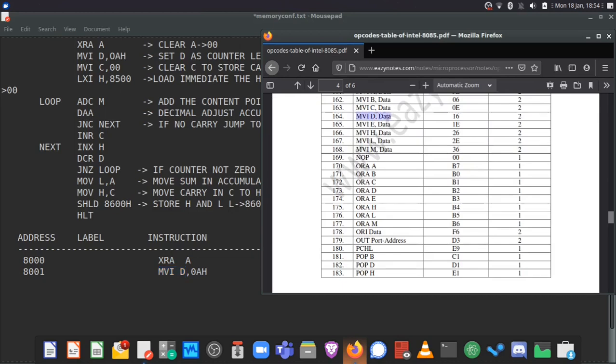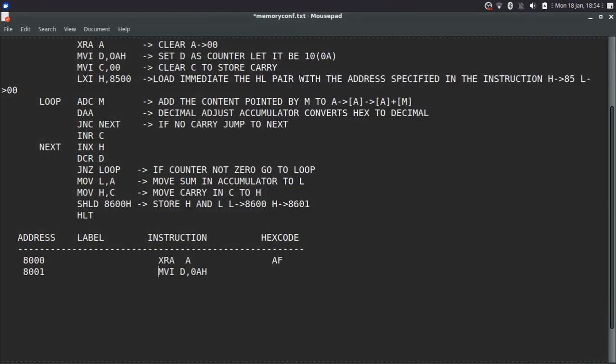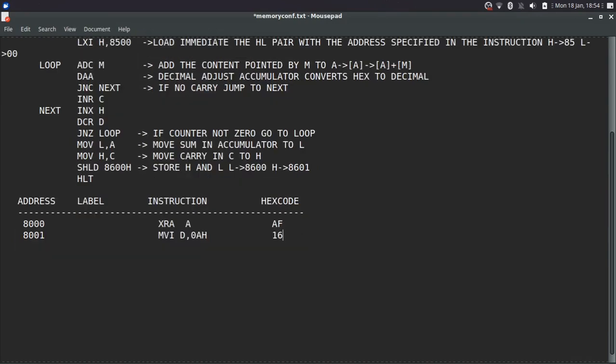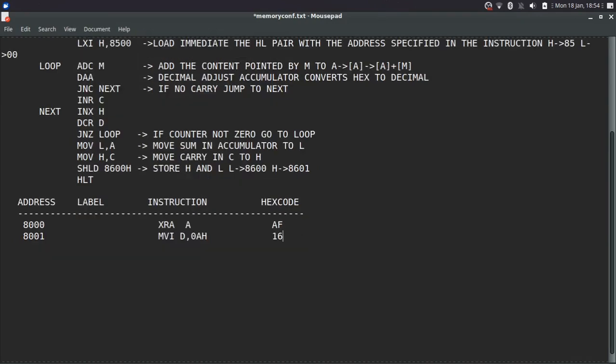The opcode corresponding to that is 16. The hex code is 16. So here MVI D is 16 and it's a 2 byte instruction. Can you see here? It's a 2 byte instruction. So now I have the hex code for MVI D, but I know that this instruction